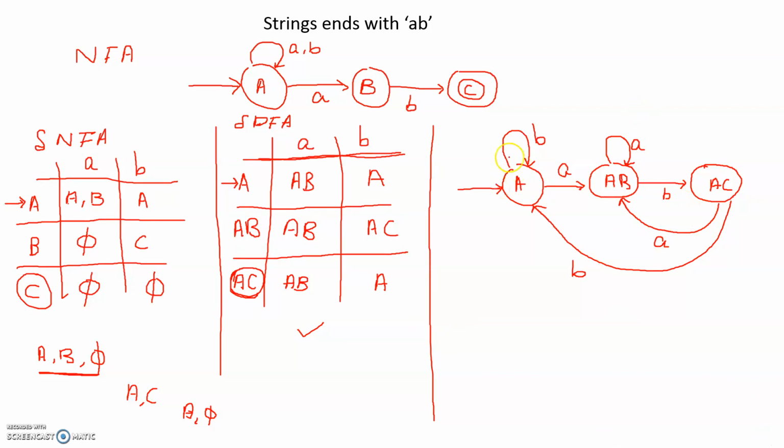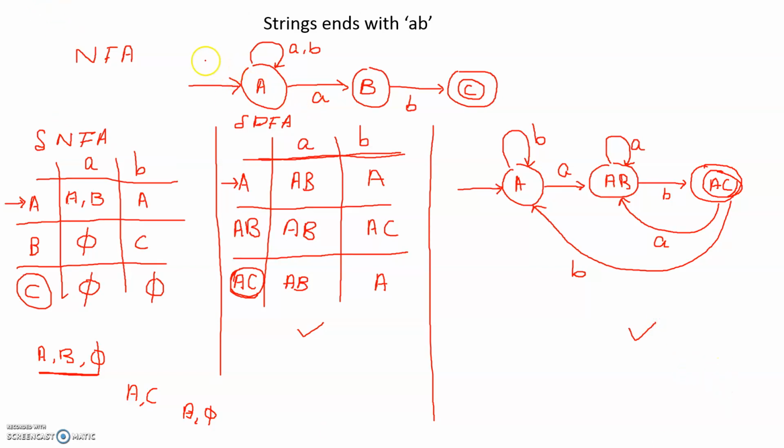Now our diagram is completed. On state A, we have specified where to go on seeing a small letter A, and where to go on seeing a small letter B. At state AB also, we have specified where to go on small letter A and small letter B. And state AC also, we have specified on seeing a small letter A, it will go to the previous state, and if it is B, then it will go back to the initial state. After getting A followed by B, it can be at the final state AC. So AC is also our final state. This is the diagram for the DFA.